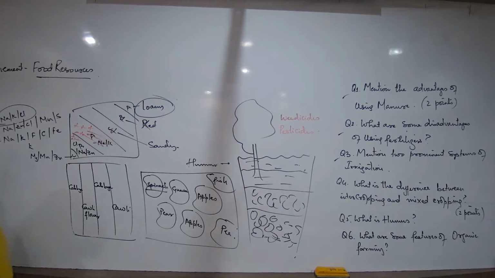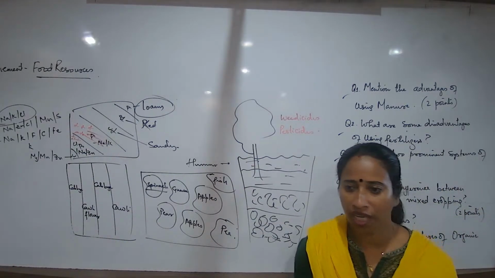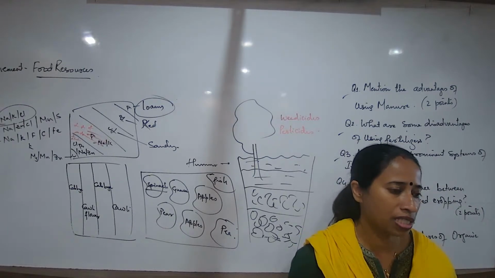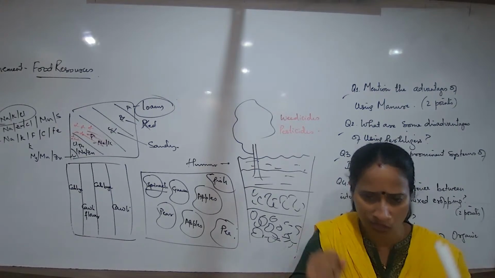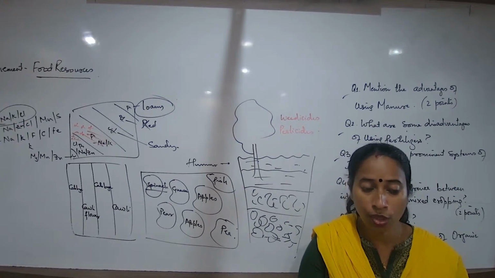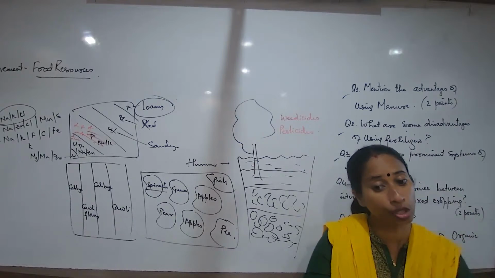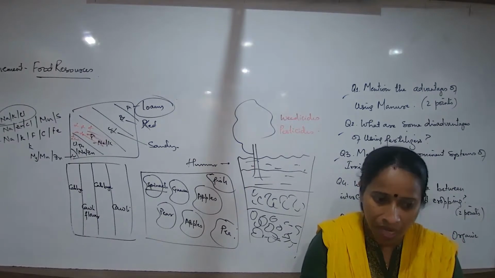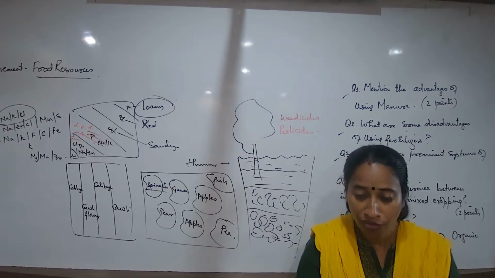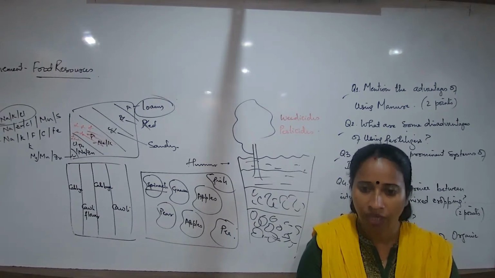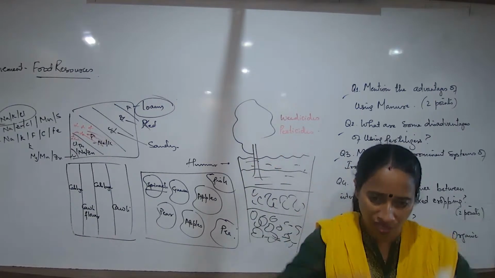What are these pesticides or weedicides for? Protection, no? Protecting the plant so that other different types of weeds or some pest don't affect the plant. So normally what would happen? Some spray of weedicides and pesticides would be done. Weeds grow from spores which are present in the air and get deposited on the soil, and they start growing because they are getting so much nutrients. But that is not the plant we want to grow. These are unwanted plants. Is it harmful? Yes, because they are competing with the nutrients and taking them away. So the main plant that you want to grow will not show that much vigor.